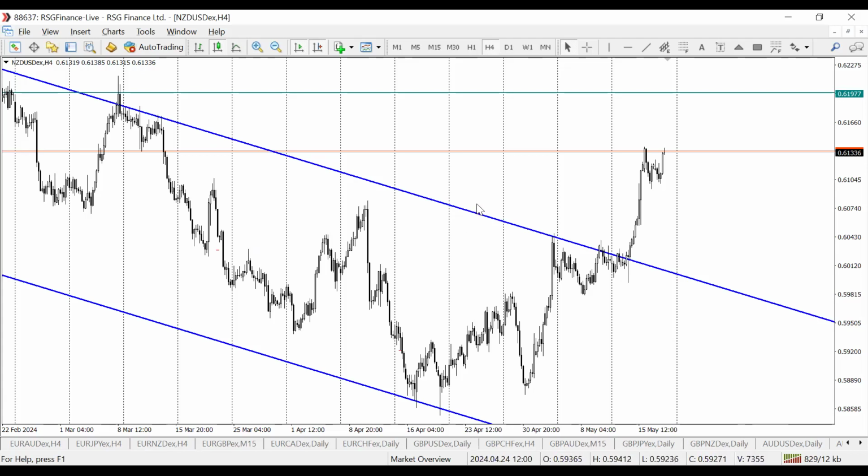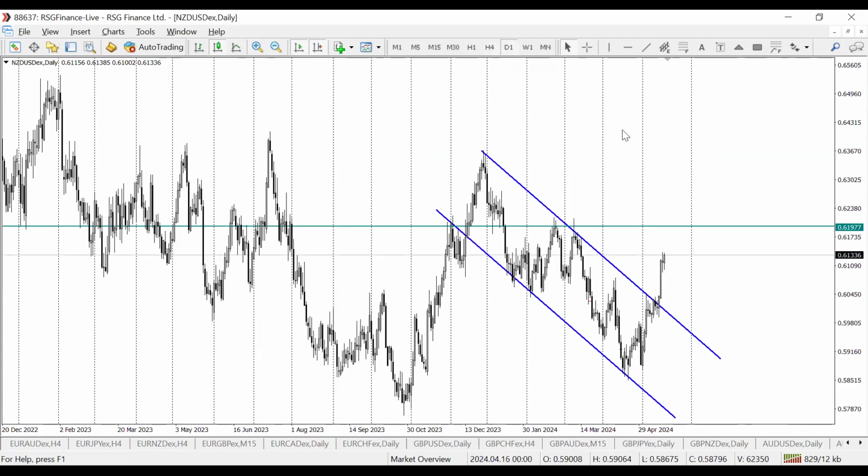So going into the new week, you can see we have a nice breakout. The downward structure has been violated, first from the downside where we failed to create a new lower low, and also we've been able to smash through the last high. See that momentum, fantastic momentum there.